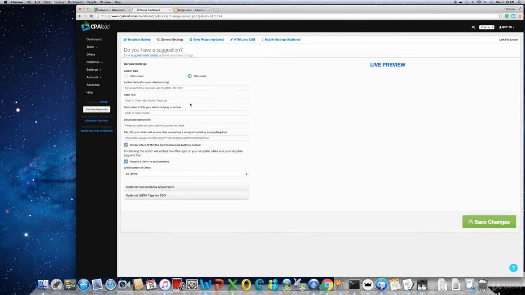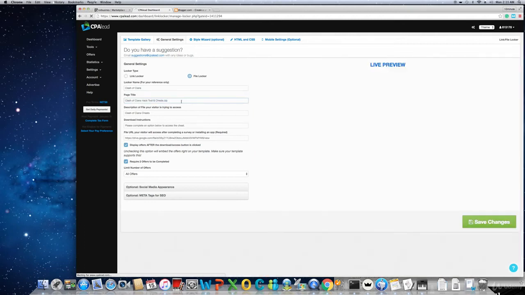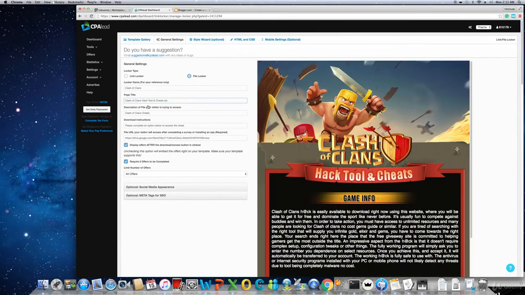Fine. Now this is the file locker. You can name the locker. You can name it Clash of Clans. Page title, I think it's okay, Clash of Clans hack tool and cheats. Description, you can write here,